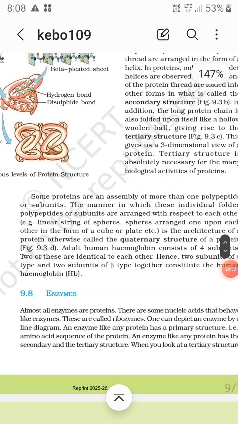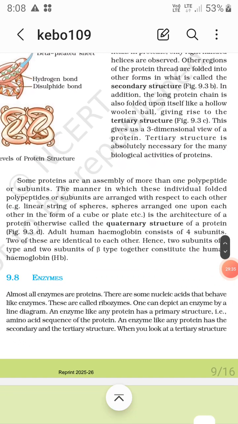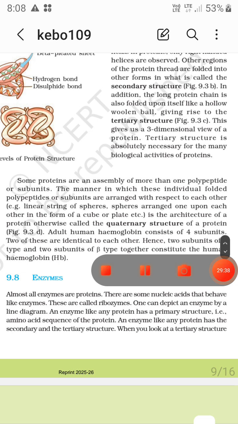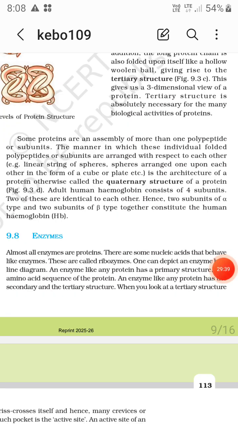Now some proteins are an assembly of more than one polypeptide or subunits. Now the manner in which these individuals are folded